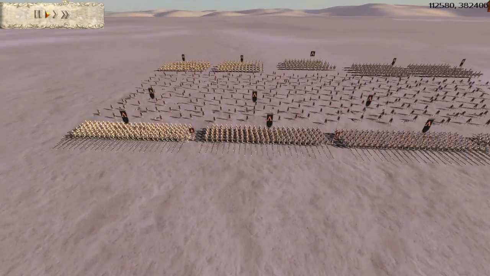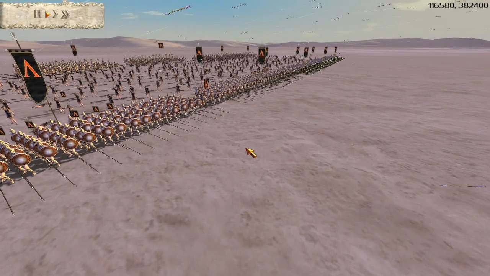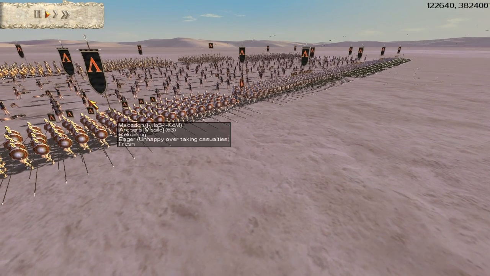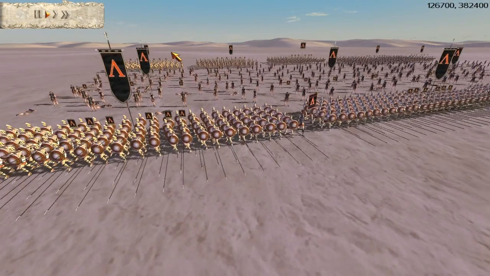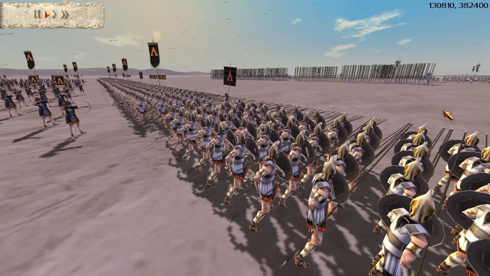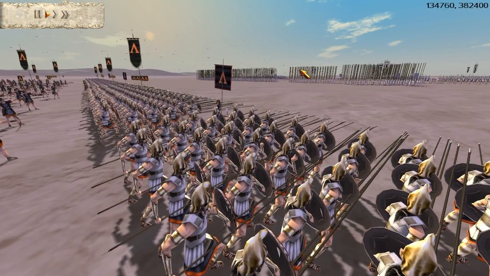There's a big difference in this match though. My opponent is playing as Macedon. He has 5 units of royal pikemen, 5 units archers, and 5 units companions. All of his units have gold upgrades, except the archers probably just have gold attack. Anyway, his royal pikemen are qualitatively better than my silver shield pikemen, but I have a numeric advantage, plus typically